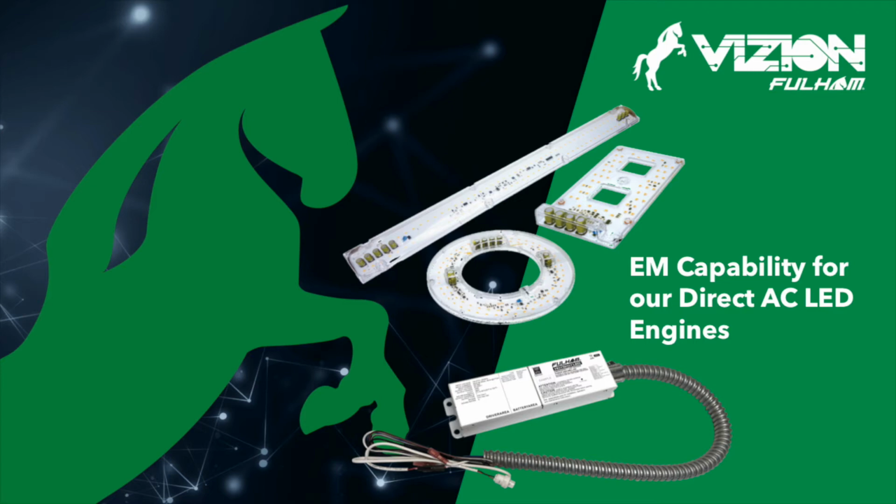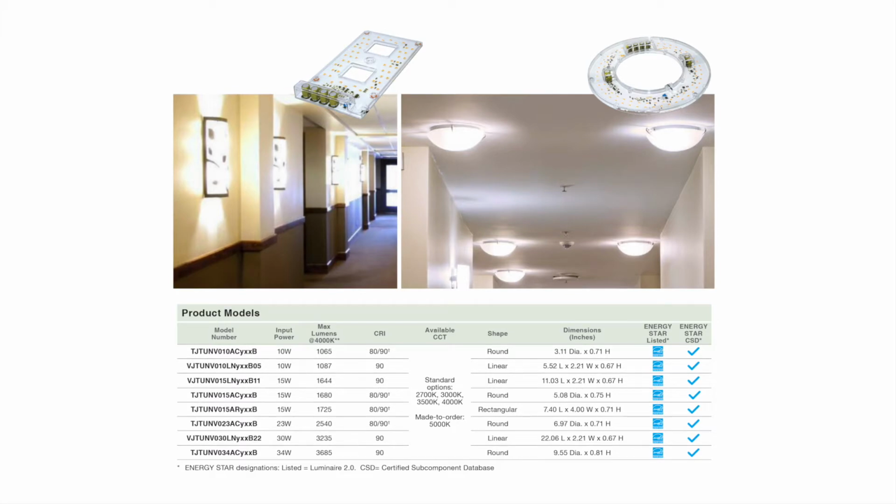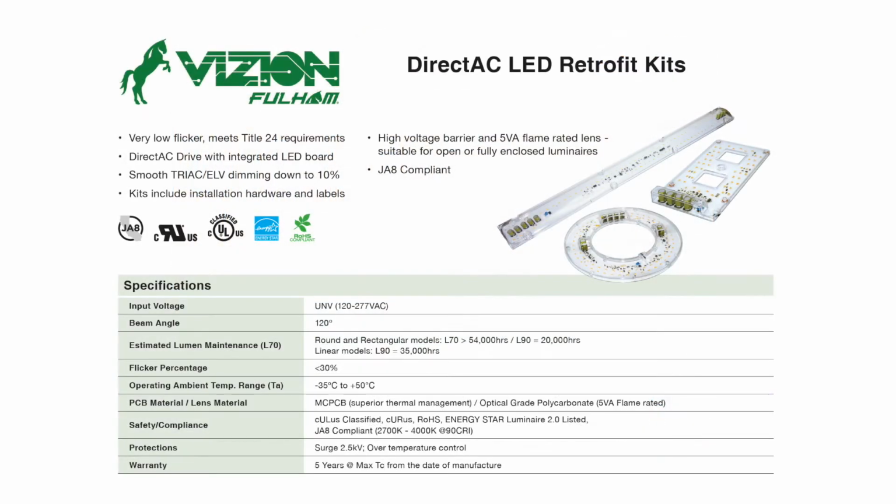Fulham is proud to introduce an exciting new emergency solution for our family of direct AC LED retrofit kit engines. That family of engines, which we call Vision, is a cost-efficient and reliable solution for wall sconces and ceiling luminaires. Available in a variety of power levels from 10 to 34 watts and a choice of round, linear, or rectangular